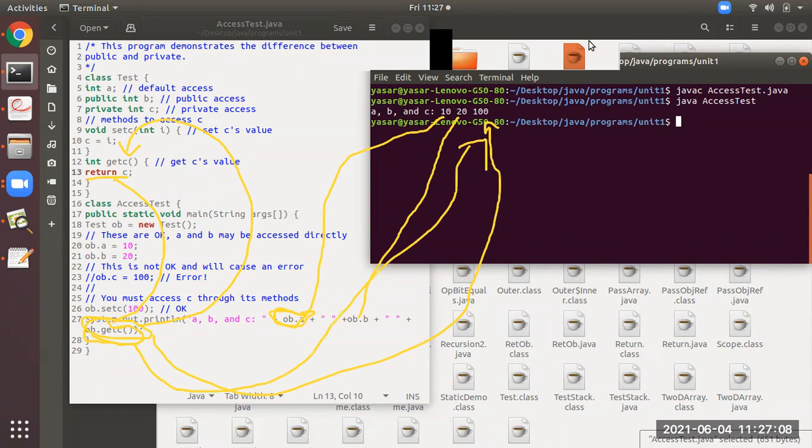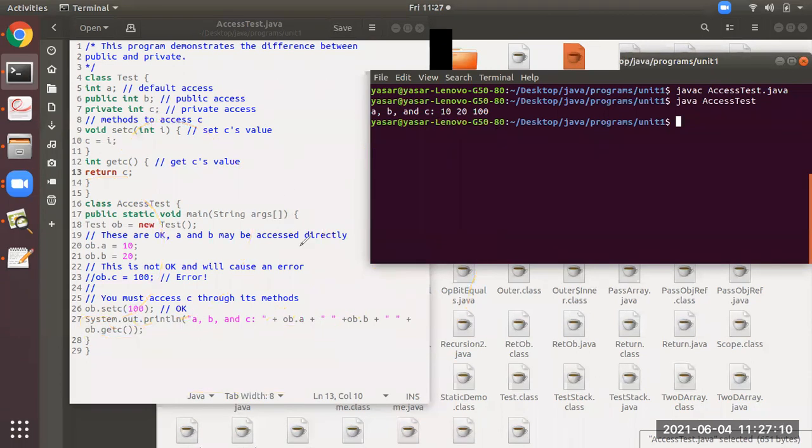In this way, by this program, what you can observe is how to assign the value and how to fetch the value of a variable which is declared as private in a particular class, from outside the class. I hope you all have understood this.